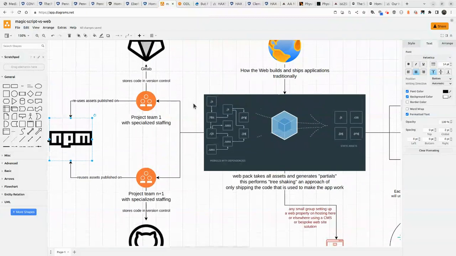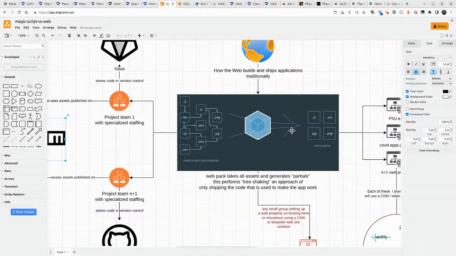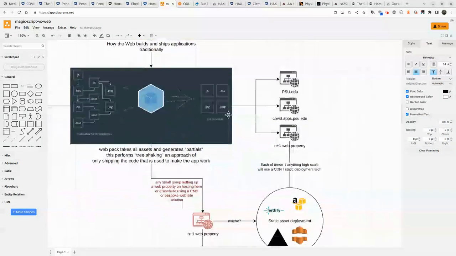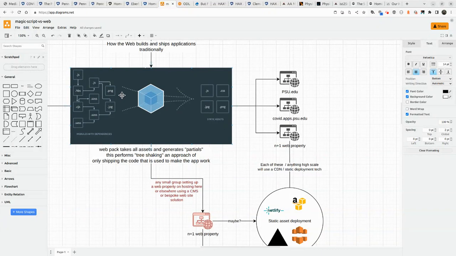All of that code then comes down and gets passed through a bundler, which outputs very small JavaScript, CSS, and image files. This is a process known as tree shaking, in which we attempt to take lots of code from lots of sources and bundle it up in such a way that it serves our end users with fast content page loads. So for example, if this process were to happen and we end up getting COVID app or the